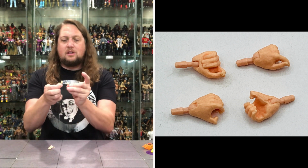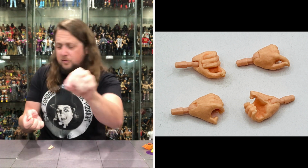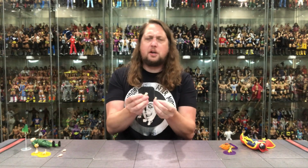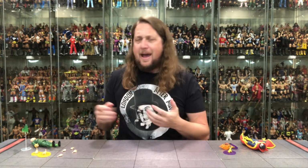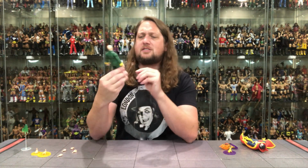You do get ones with little fingers pointed out here just like so. He's picking up something, or he's going to give you a nerve touch or something like that. We get kind of fisted but kind of gripping hands right here. And then he's got the Tai Chi hands out of the package here. So really playing all those stereotypes, and we carry on with some Kung Fu, David Carradine stereotypes with this one,